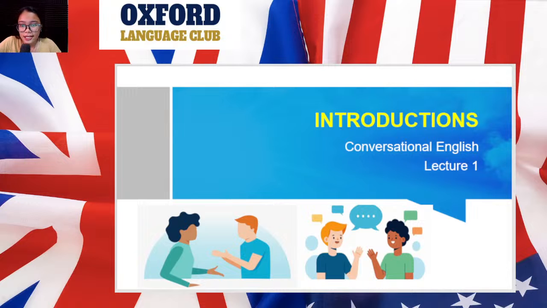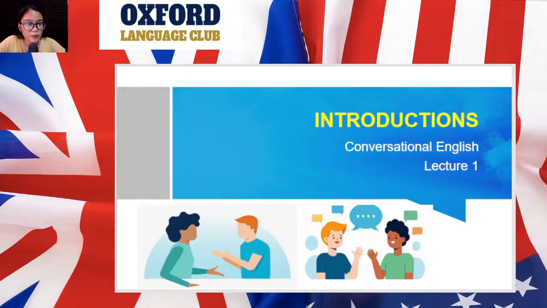Look at the pictures on the slide. You see people talking, right? They are smiling. They are gesturing with their hands, just like what I'm doing right now. This shows that they are having a conversation. They may be meeting each other for the first time, or maybe they're an acquaintance and they're just saying hello. So, this is exactly what we will practice today. We will learn how to say hello, how to say your name properly, and how to ask for someone else's name in a friendly way, in a proper, appropriate way.